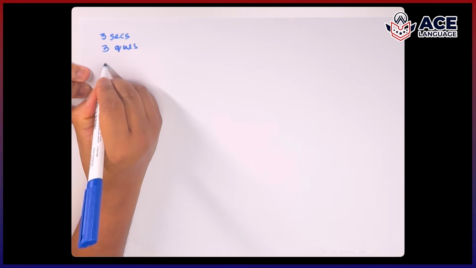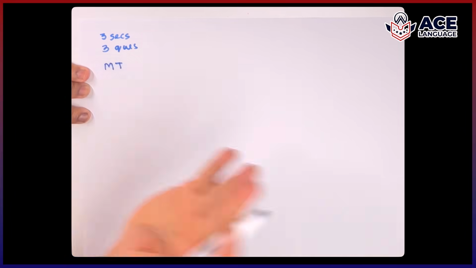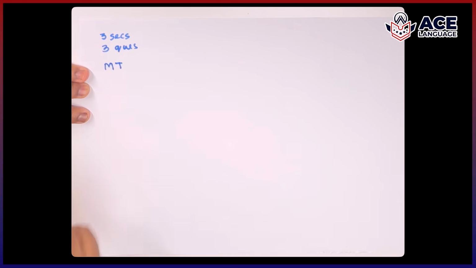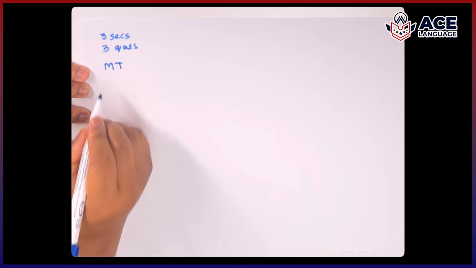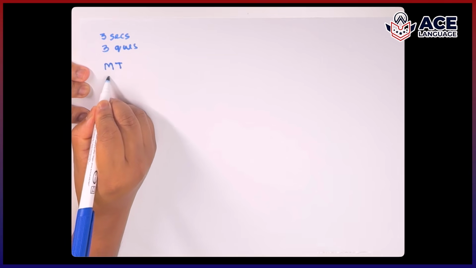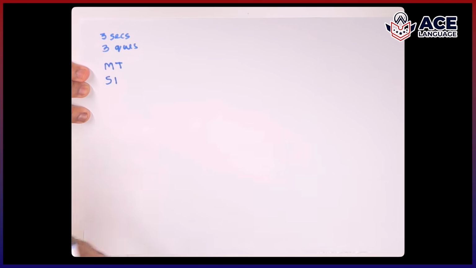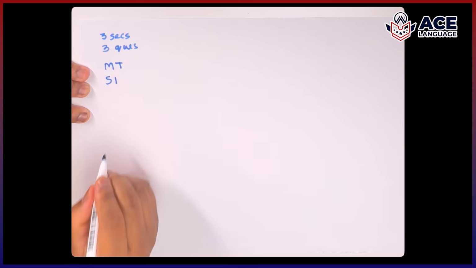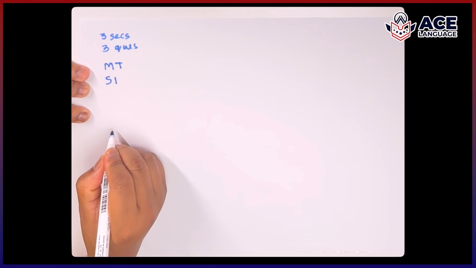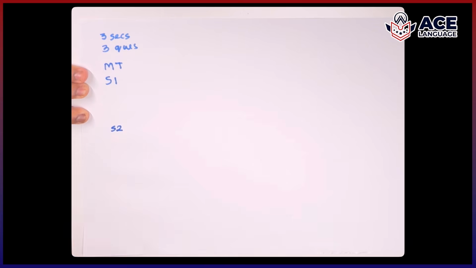I will start with MT, meaning main topic, because each and every recording will start with the main topic. Then I will put down S1 indicating speaker 1, and I will keep about 4 to 5 lines gap and write S2 indicating speaker 2,